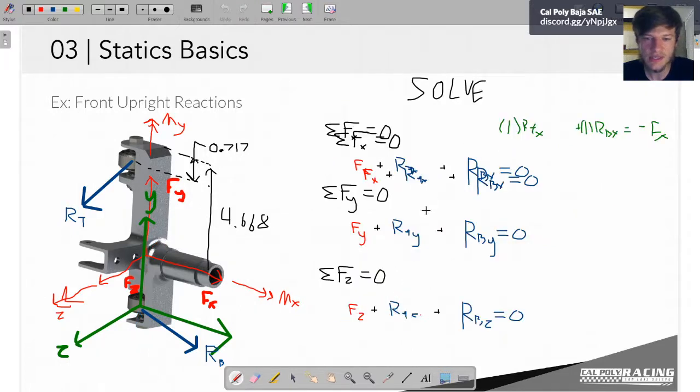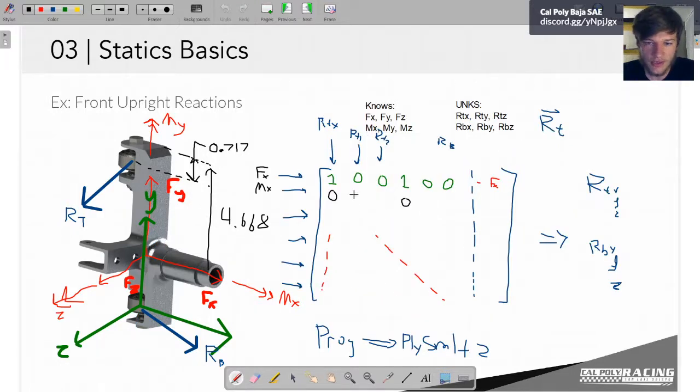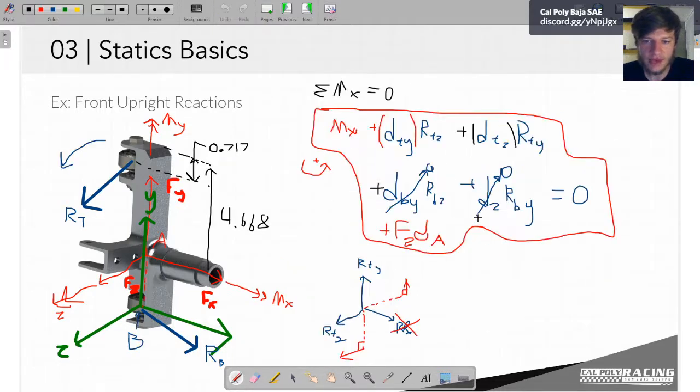So rty times dtz and rtz times dy. And this is similar for b. So this is d and d ey. If we look back at our equation here, if we move all the constants out to the other side,